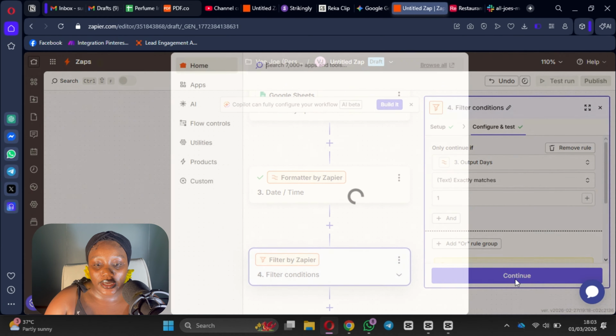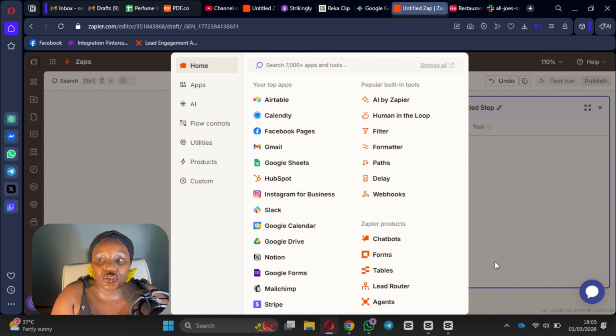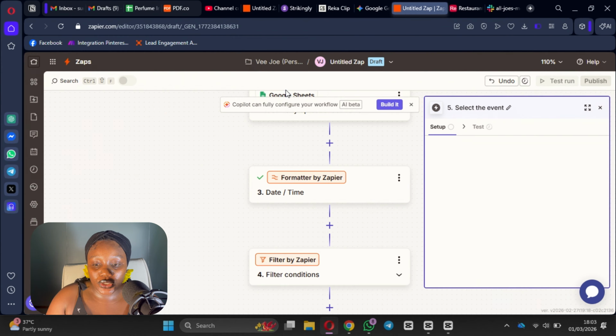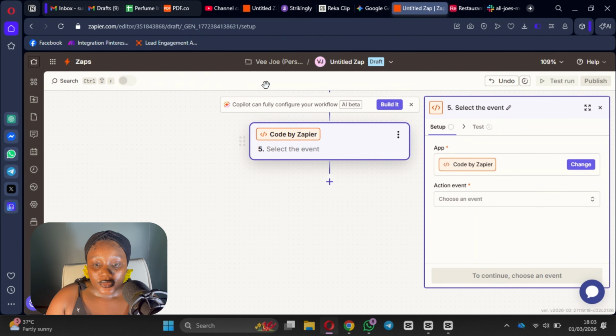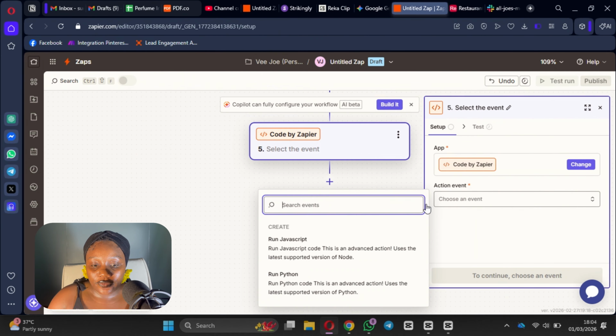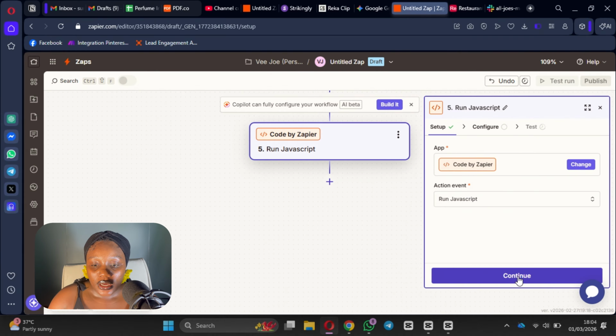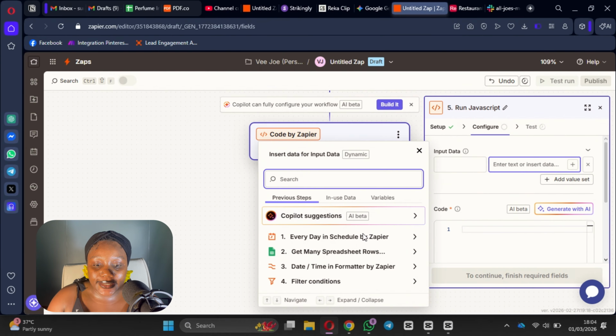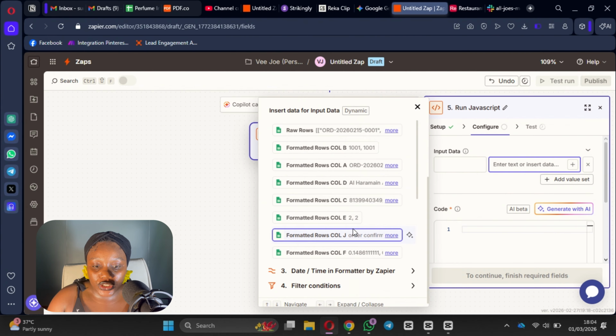And I click continue here again, and it takes me to the next step. This step is going to be a little tricky because it is going to run my code for me, which is going to calculate the profit. But if you don't know how to do that, so I'll do code here, and this is what I'm going to get here. So I have Code by Zapier, and then my event here is going to be run JavaScript, and I click continue. Then my input here is going to be the data that it will be calculating, which is going to be